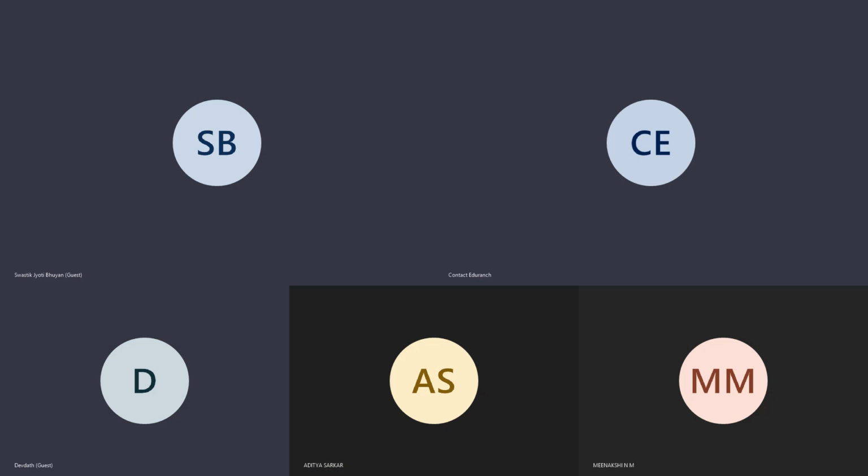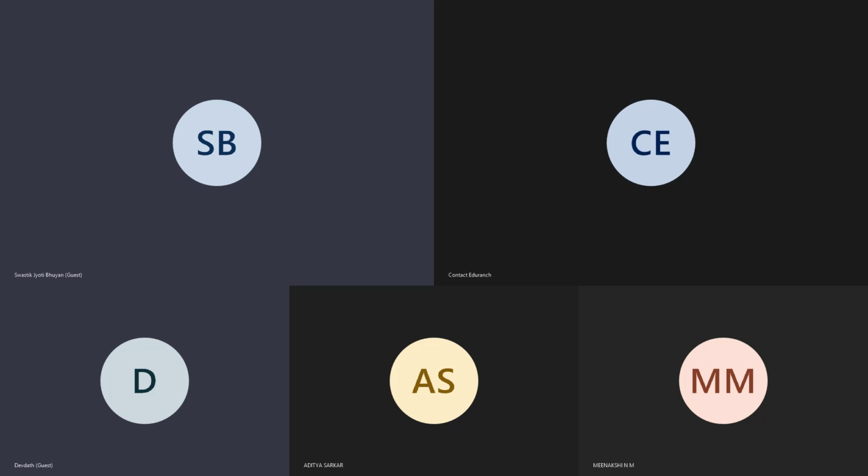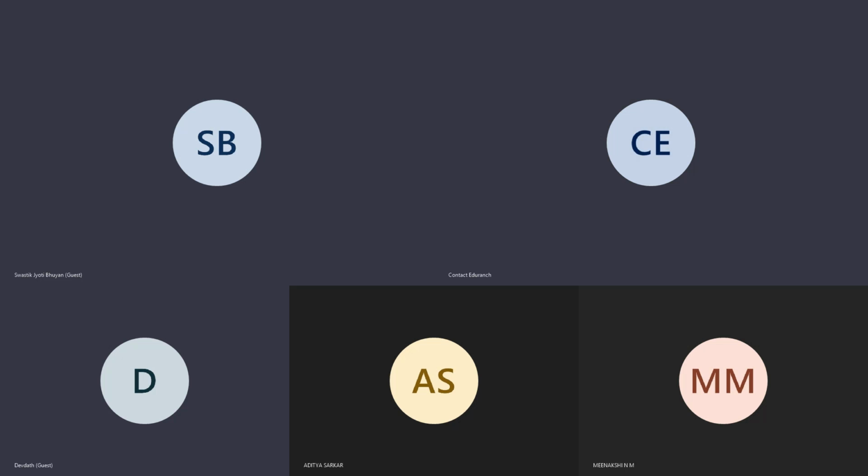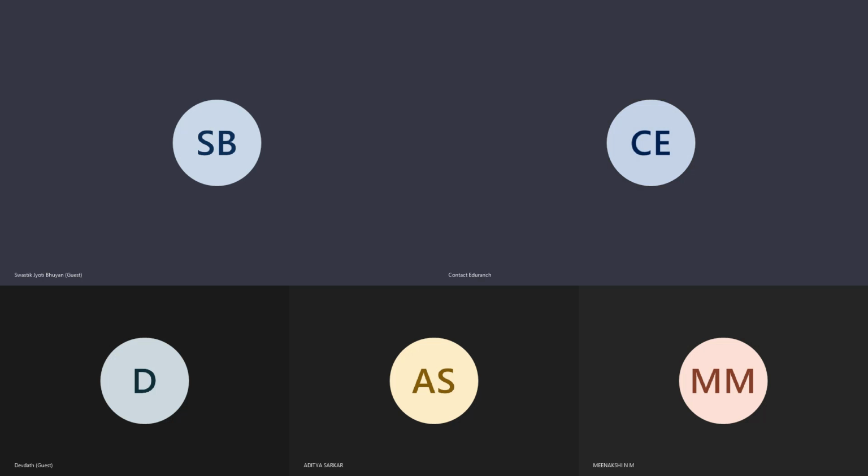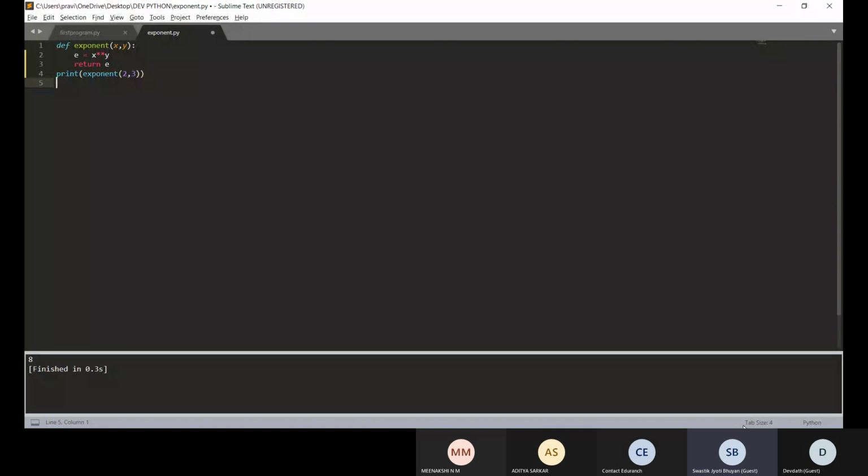Sir, I reduced it. Only one line. Show me. Like last time, like I explained, d is equal to exponent 2 comma 3, no? Instead of that, I print and I put the whole thing here. Now reduce one more line. Let's see. How, sir? Reduce one more line. Think.